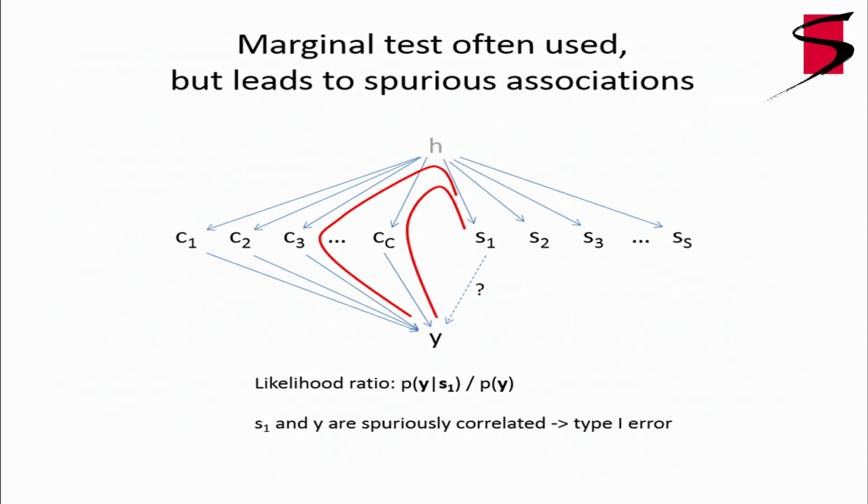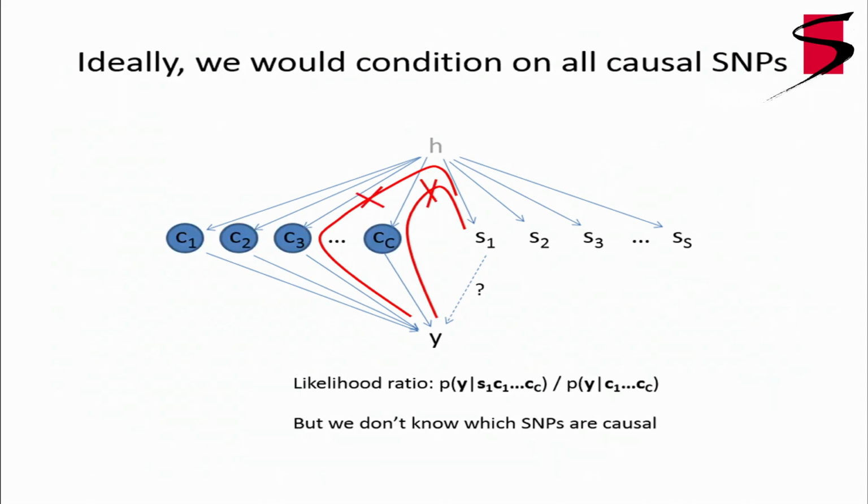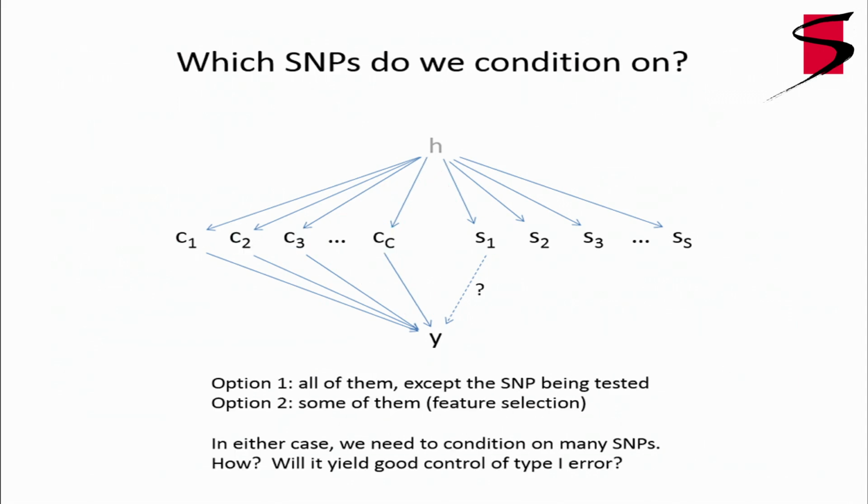All right, so what do we do? Well, the obvious thing to do is to condition on all the causal SNPs, and then you break all these paths, and you can then control type 1 error. And of course, the problem is you don't know which SNPs are causal. Okay, so there are two options that people have looked at. One is to condition on all the SNPs except for the one you're testing. So if you're testing S1 and Y, condition on everything except S1. And another